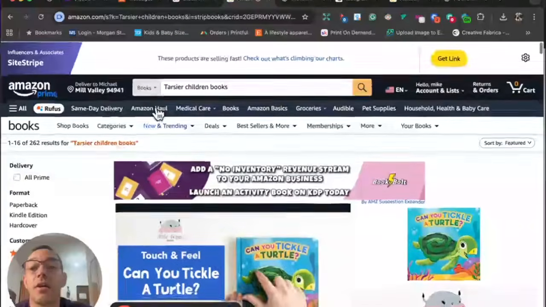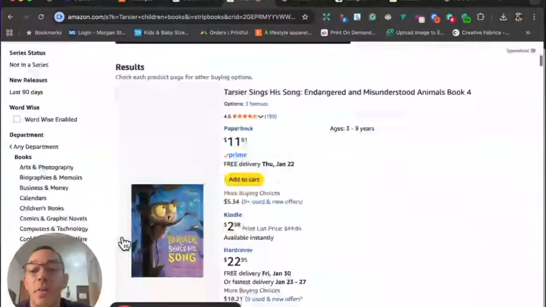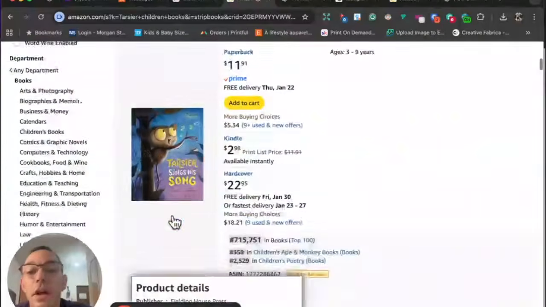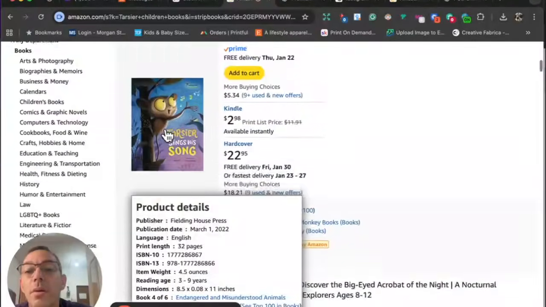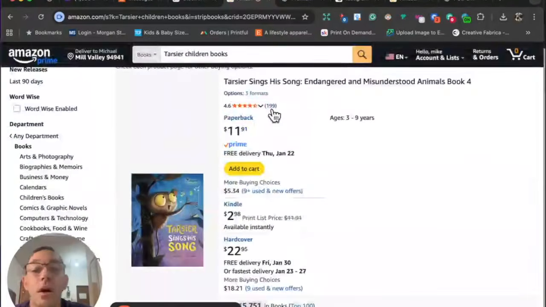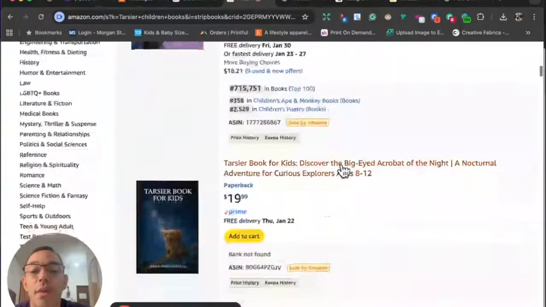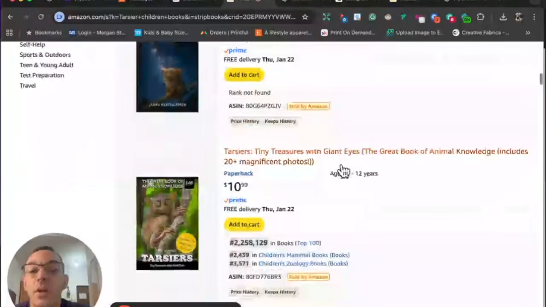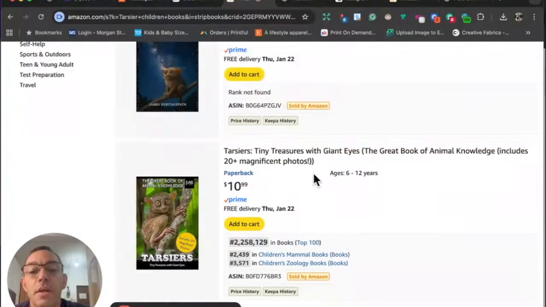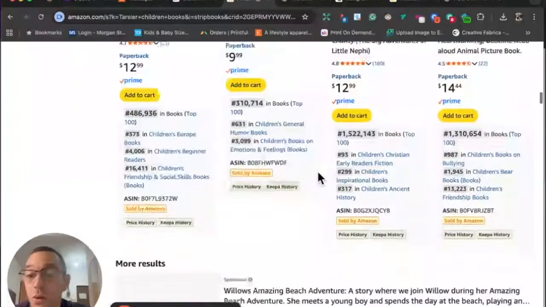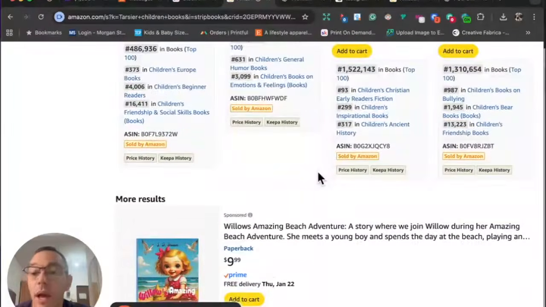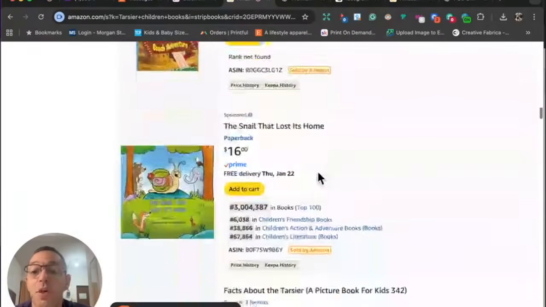But let's see, let's take a look at this tarsier animal. So this also looks like a type of maybe monkey or rodent. Okay, so this one, 199 reviews, 715 BSR. Kind of looks like a wombat. Tarsier. So interesting. So there's all these animal niches that we don't know about that we can turn into